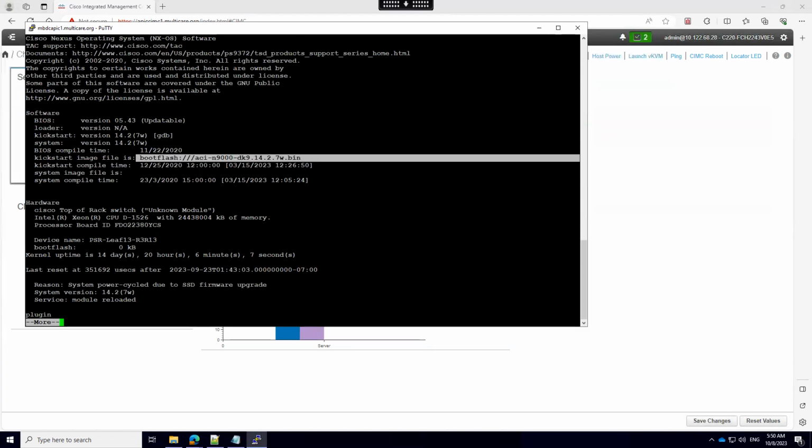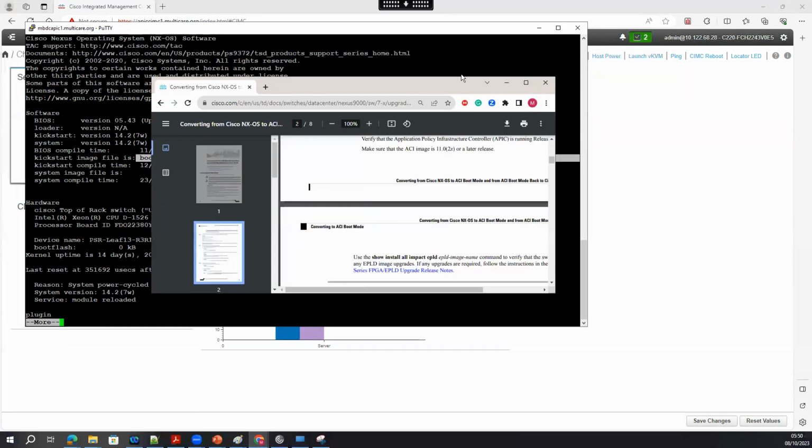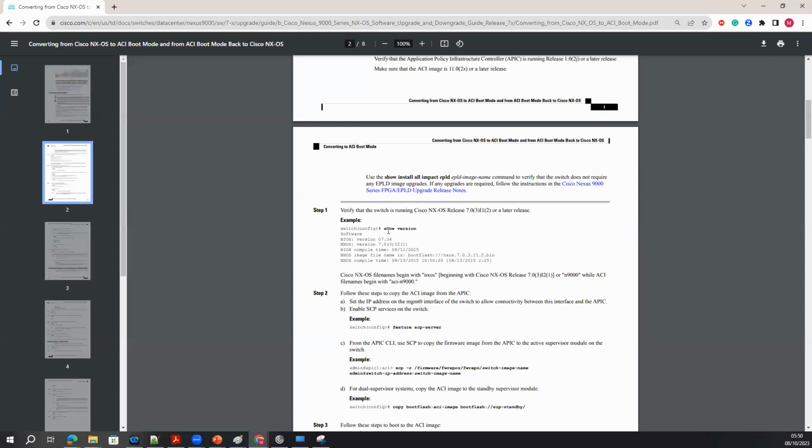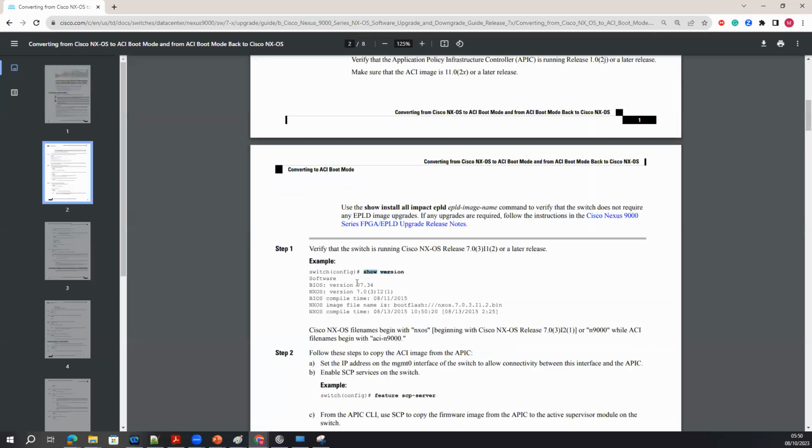If you don't have the ACI image, how do you convert that? You have to install the ACI image. Once you see that your box is running in NXOS mode and you have to convert into ACI, make sure that the boot image is ACI rather than NXOS.